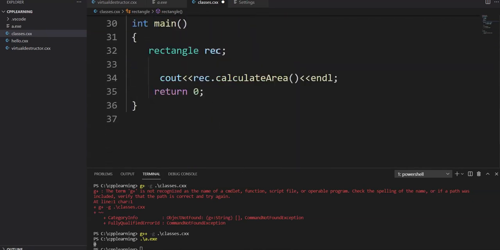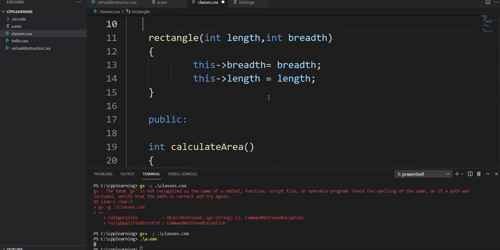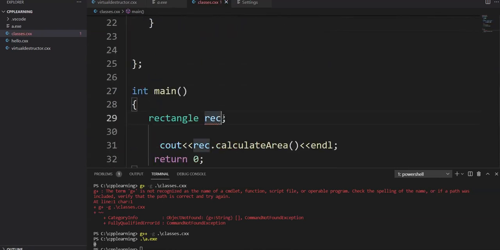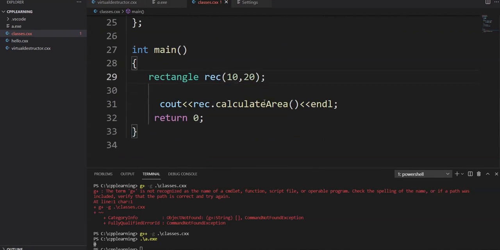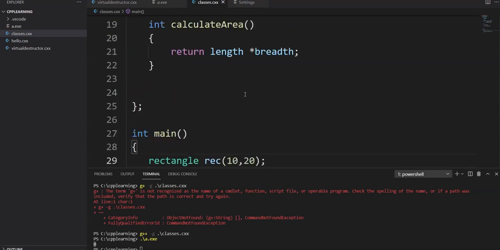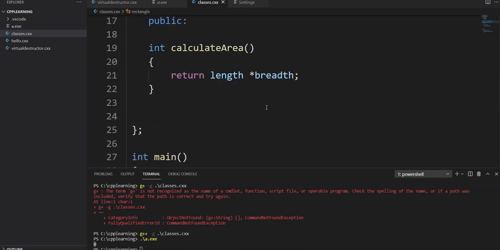See, the error is gone now, or by passing the parameters. Creating an object by passing these parameters will invoke this constructor.